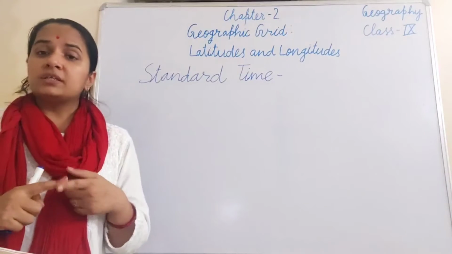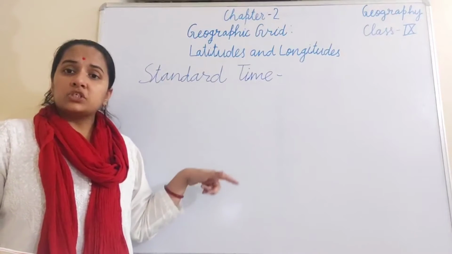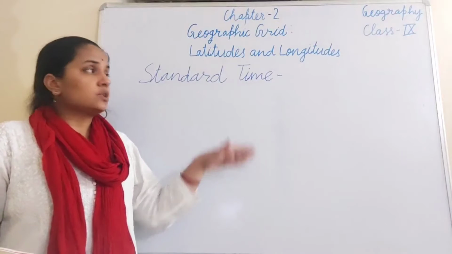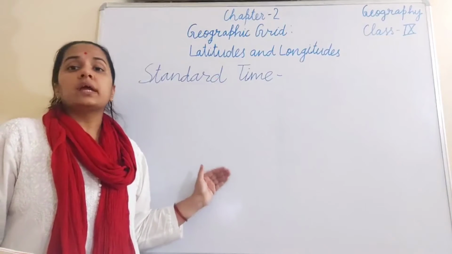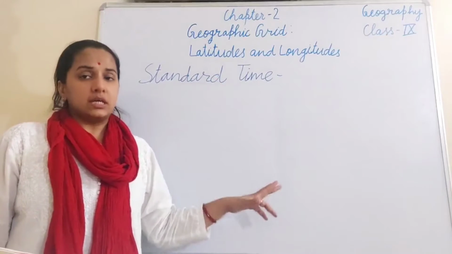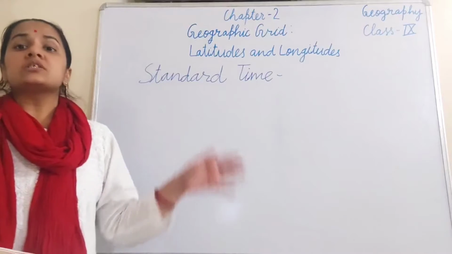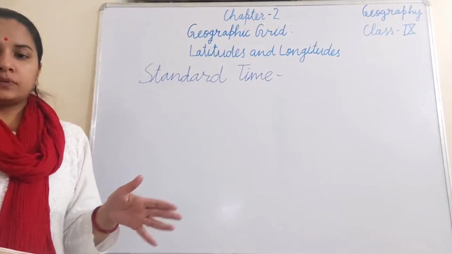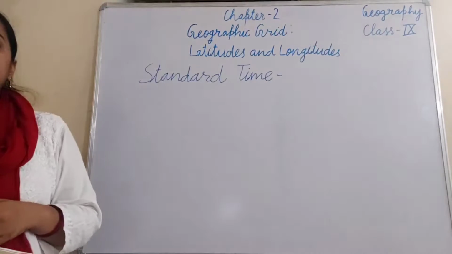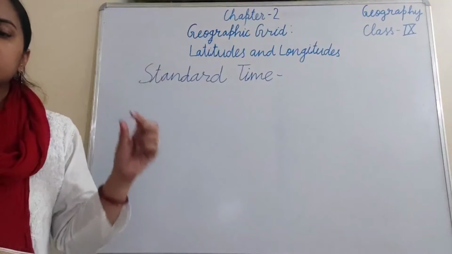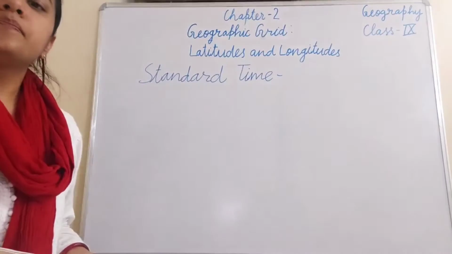What is Greenwich Mean Time? Greenwich Mean Time means the time standard which is set by the prime meridian, which is at 0 degrees angular distance. So we are taking the time of all the places with respect to that prime meridian only. So what is the standard time? The uniform time based on a central meridian is known as the standard time.